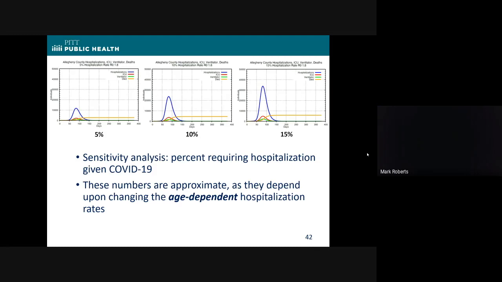And part of the reason it's probably smaller than that is because we don't have the denominator right. Because we're not testing randomly. We're not doing a prevalence study yet. All the people who get tested in the United States are getting tested for a reason, they have a symptom or something like that. So it's not really a very good prevalence estimate. But from the work that we've been doing in Allegheny County with our public health department, our own personal best guess is that it's somewhere around 10%, although that varies by the age of the individual.